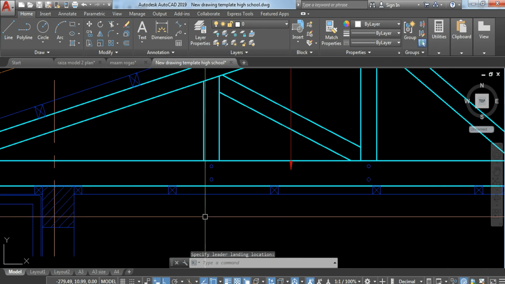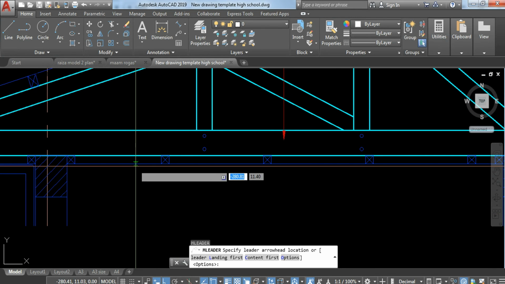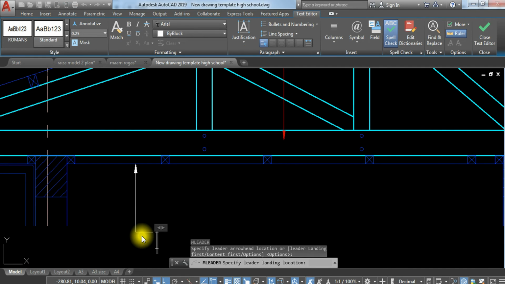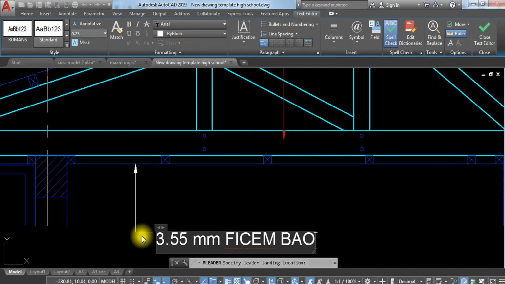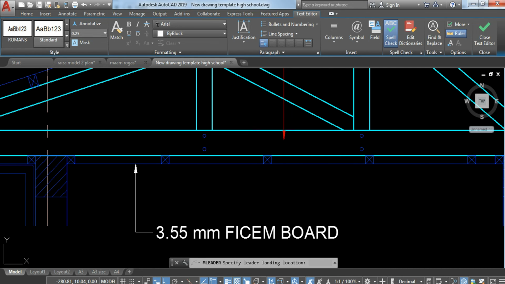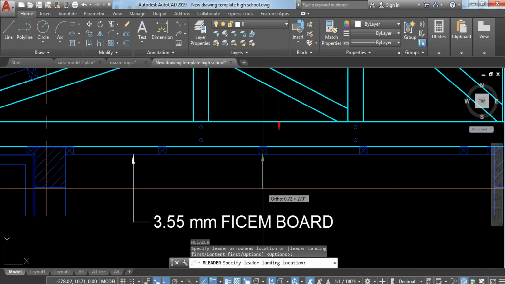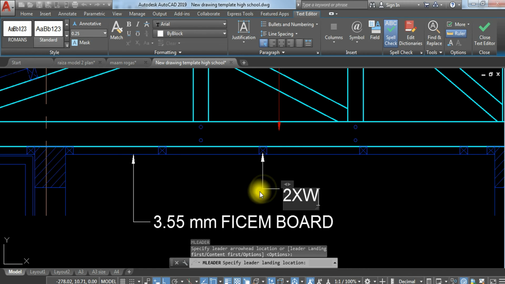Then, here, MLD also, 1/4 inch, or sometimes we use 3/16, or hardiplex na lang, 3.55 millimeter FISM board. Okay, then ito naman MLD, 2 by 2